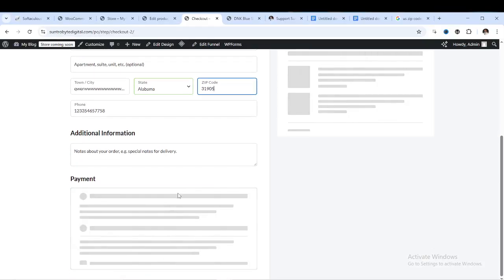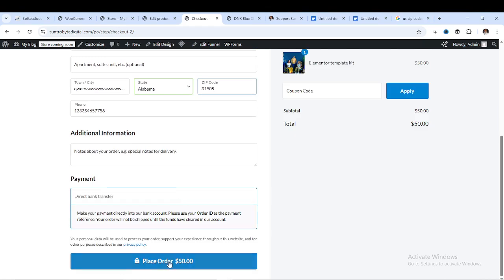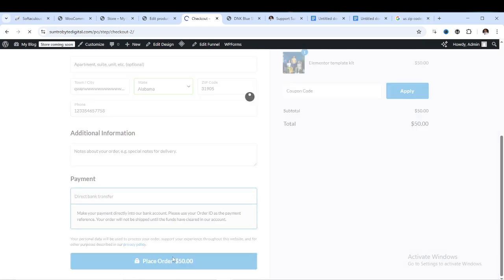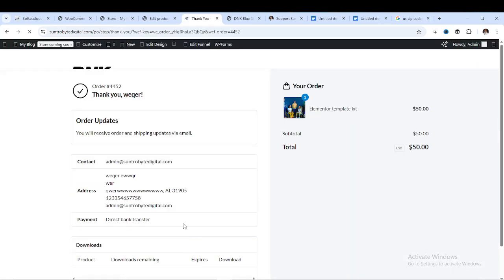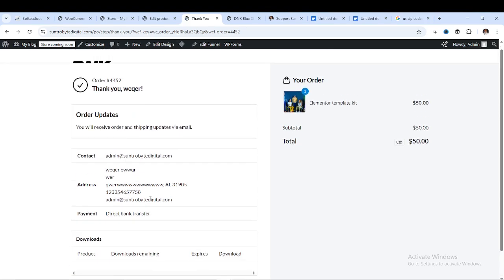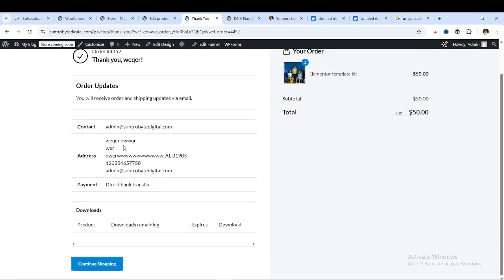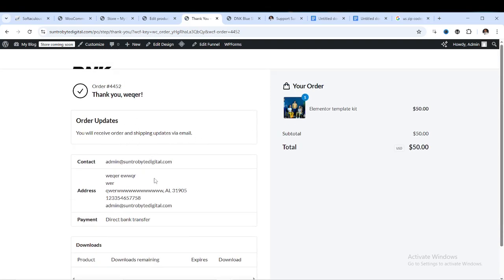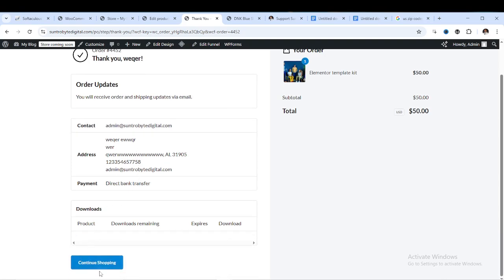So let's click on place order. Let's check something. We click on place order. Yes, once you click on place order, the order has been placed. So continue shopping,